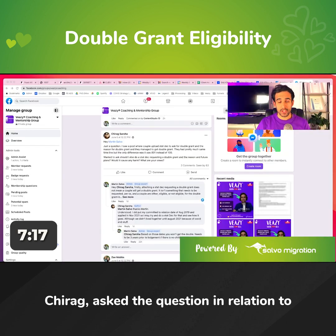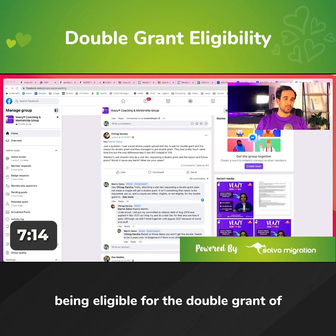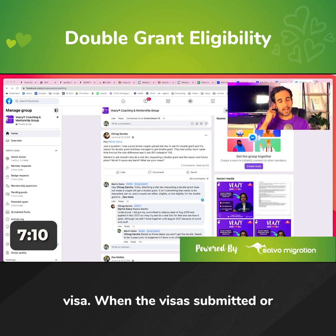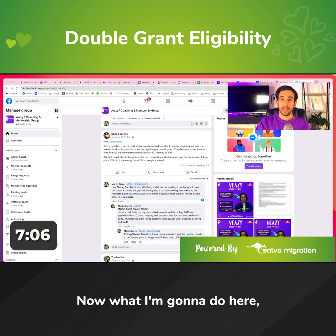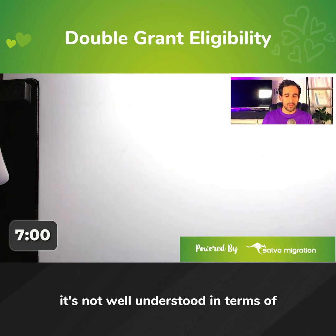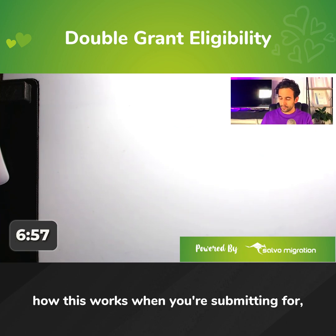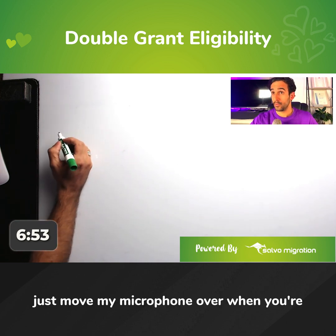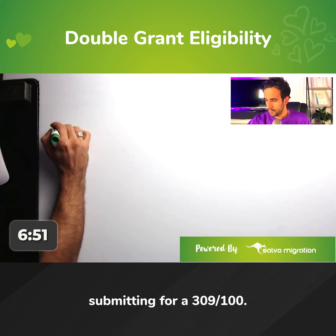Chirag asked a question in relation to being eligible for the double grant of the permanent and the temporary partner visa when the visa is submitted or assessed, I should say. Now, what I'm going to do here, I'm going to draw this because I think it's not well understood in terms of how this works. When you're submitting for a 309